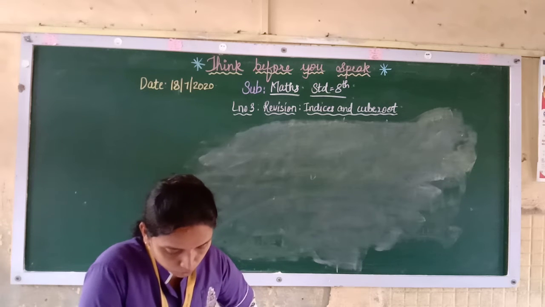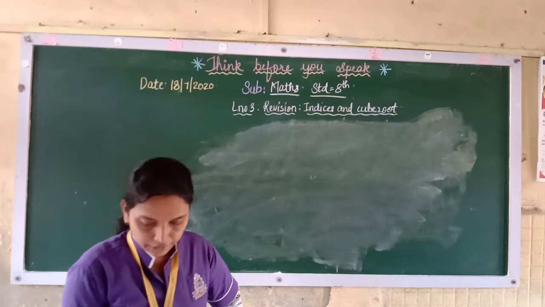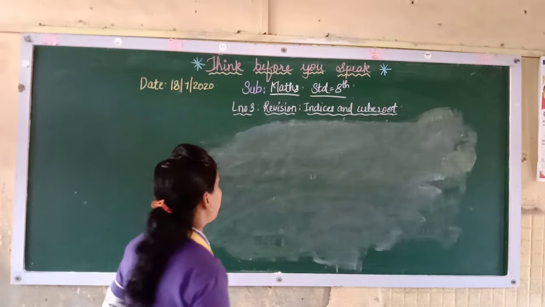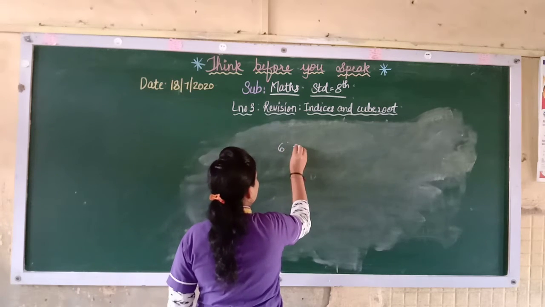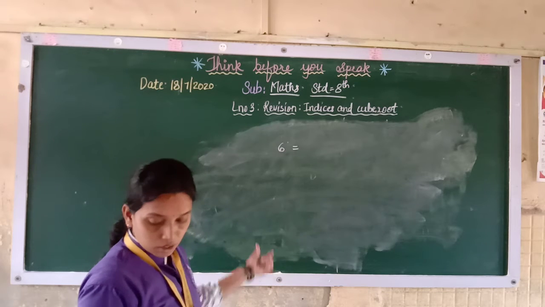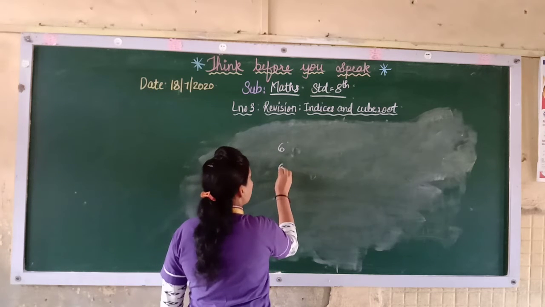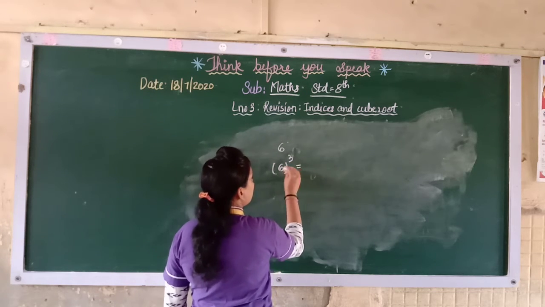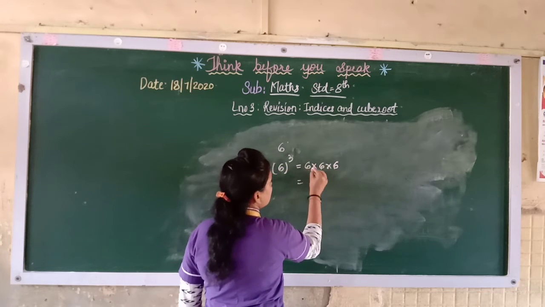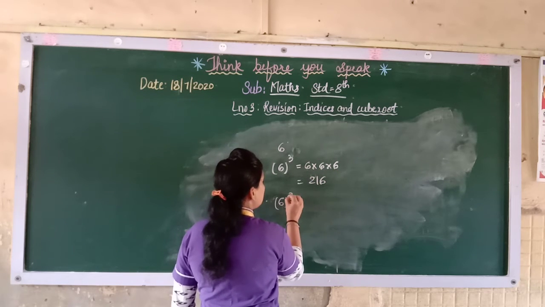Now see, find the cube roots of the following. But you must be knowing how to find the cube of any number. So cube of any number, how will you find? For example, see it is 6. Here you have to find the cube of this number. Cube means 6 cube. So cube means the number you have to multiply 3 times. So here it will come 6 6s are 36, 36 6s are 216. Therefore 6 cube is how much?